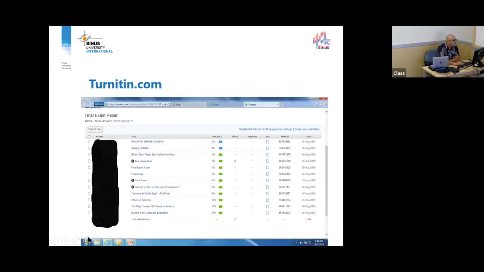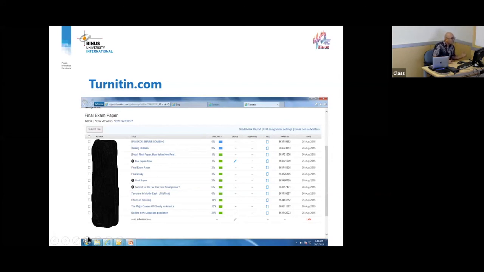Yeah. Okay. Now, this is what Turnitin looks like. So what Turnitin does, it gives you a similarity report. Take a look at the percentages there. Yeah. So 0 to 21. So that means 21% is the similarity report, which means that your paper, if that is your submission, looks a lot like 21% from a website, from another source, or from a database.